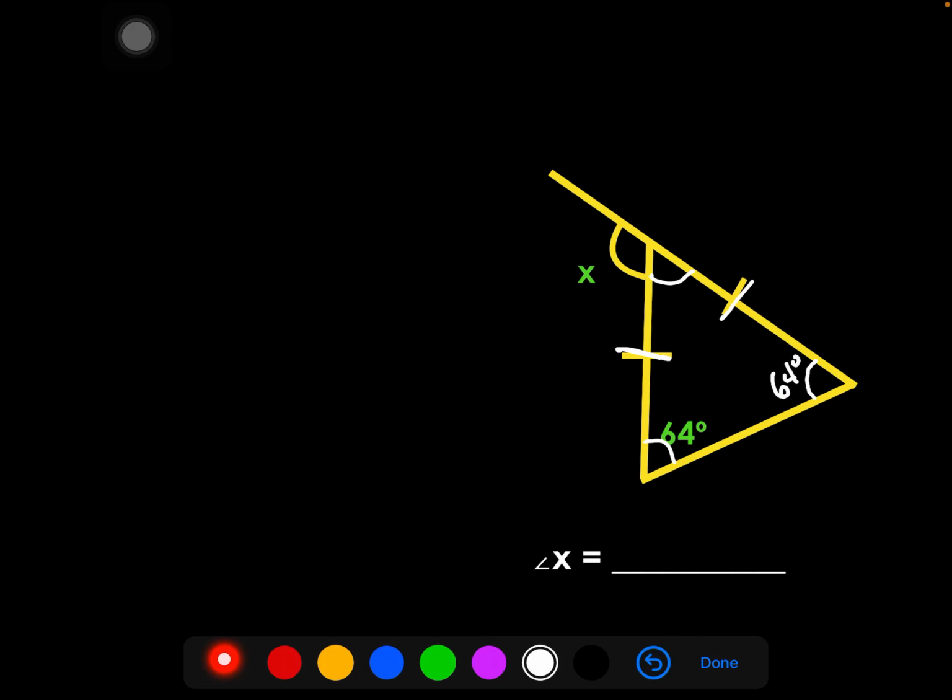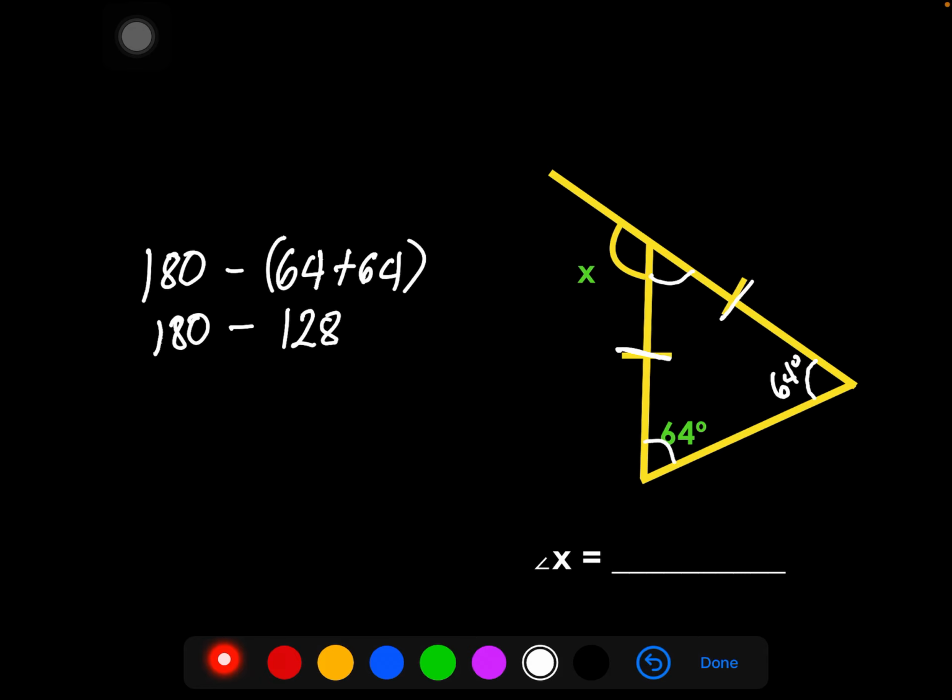Following that, I will be able to get the other angle inside the triangle by subtracting: 180 minus 64 plus 64. And that would now give me 180 minus 128, and that is equal to